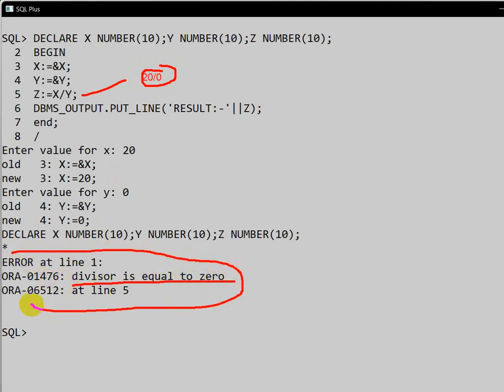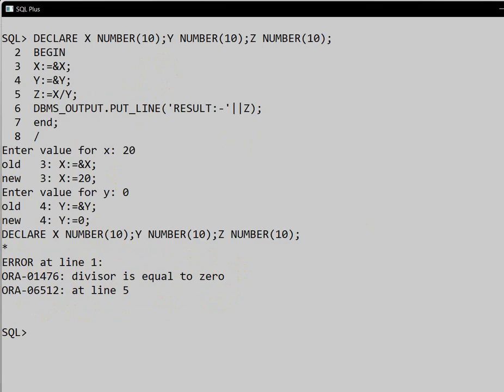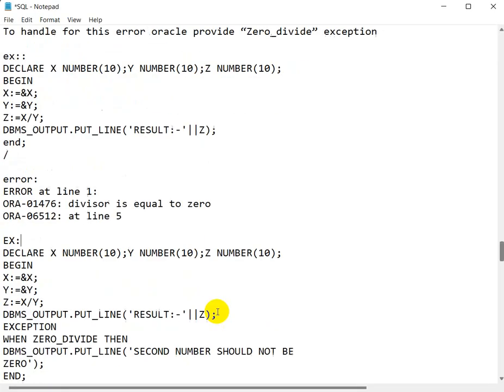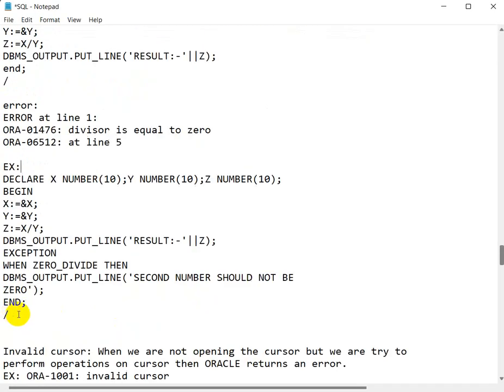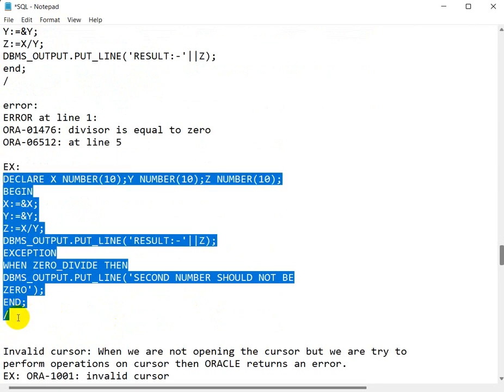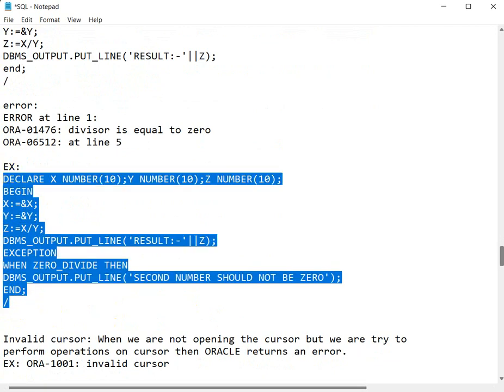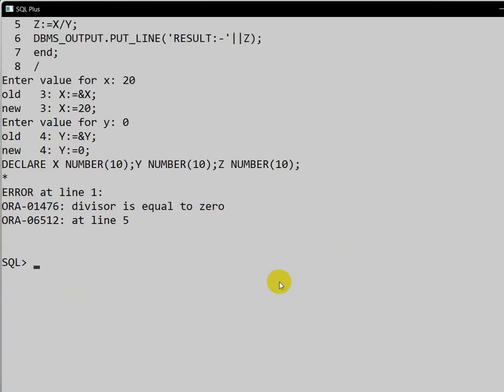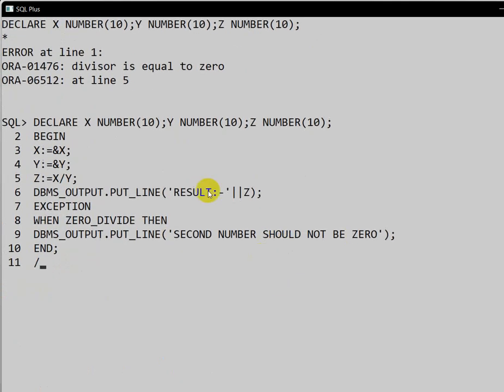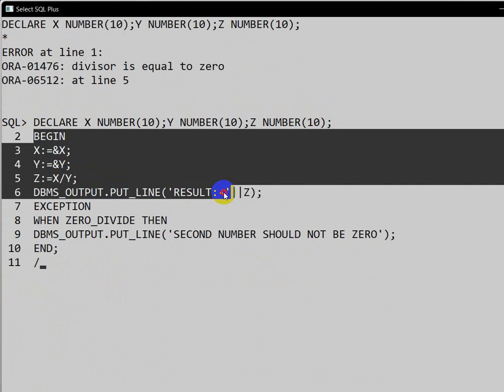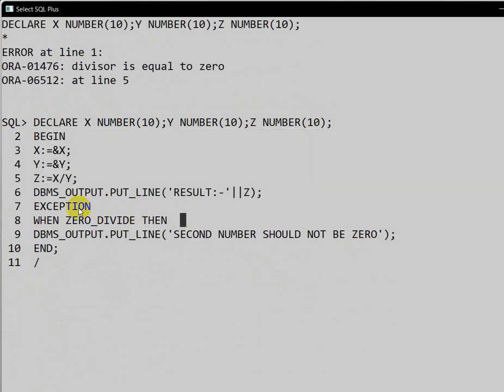This is the error we are getting. So how can we handle this error? Let us see. Let me copy this, go to here and paste. Now this declaration is common and the execution block is common, but here we are handling the exception.